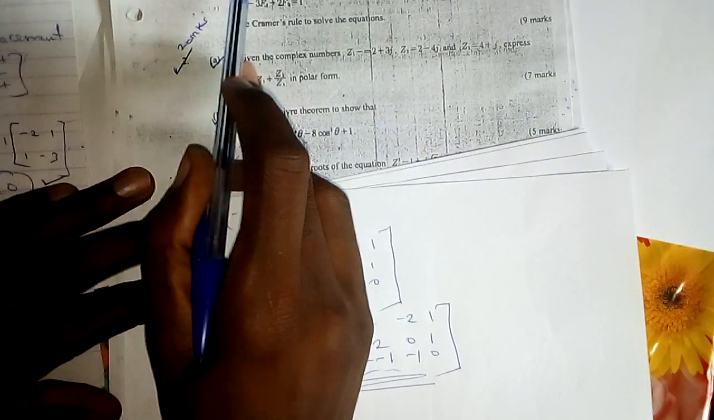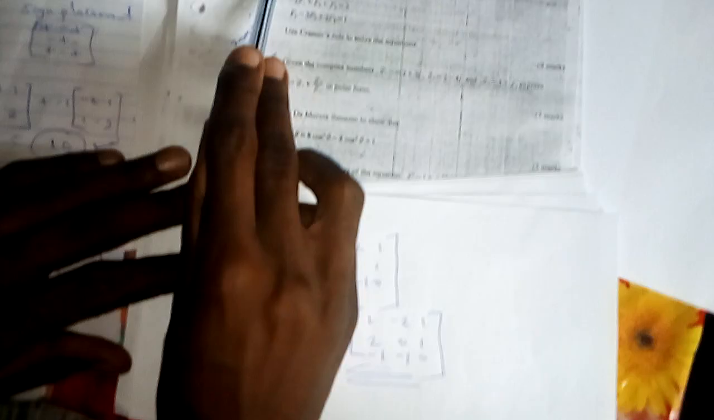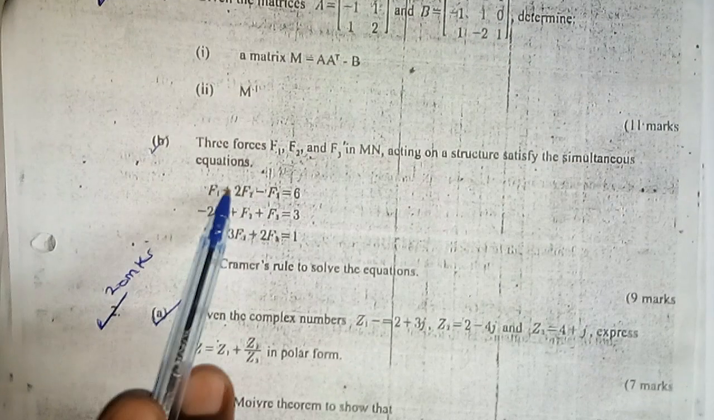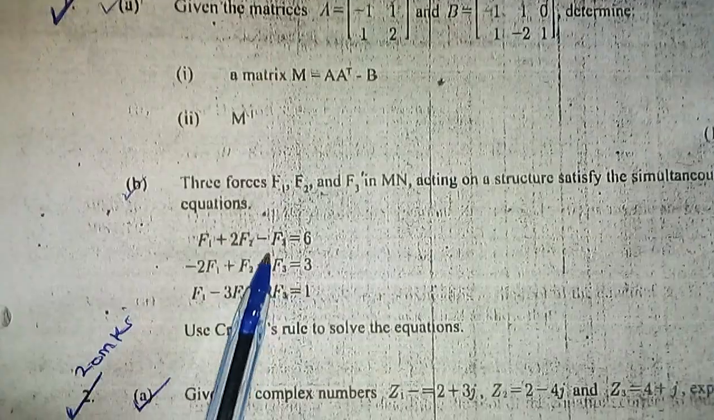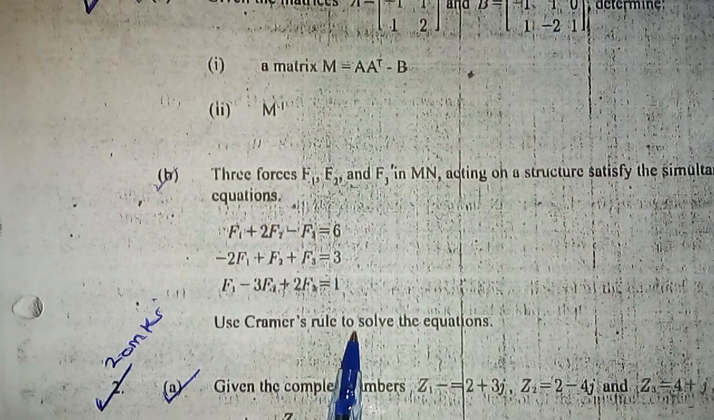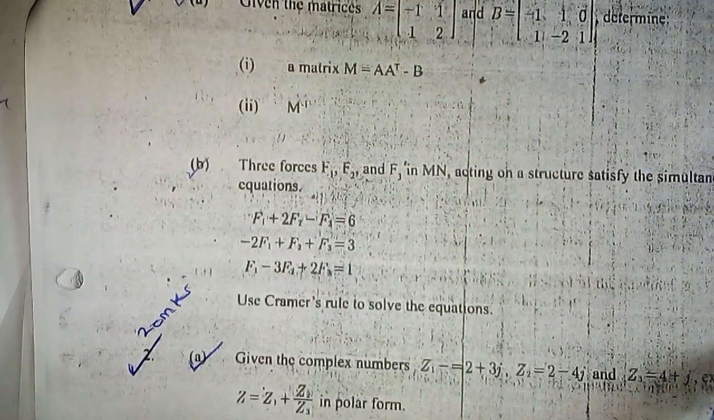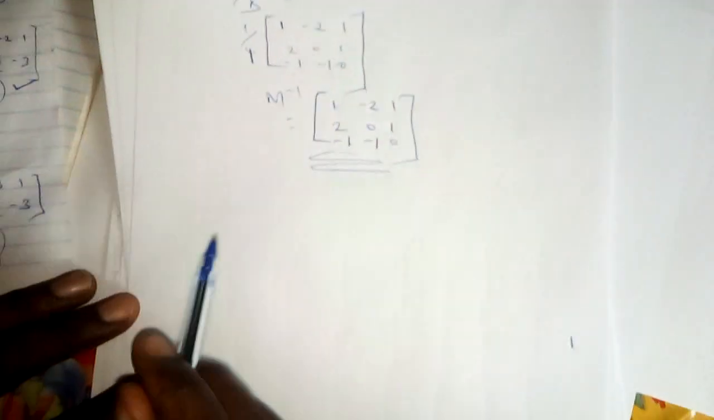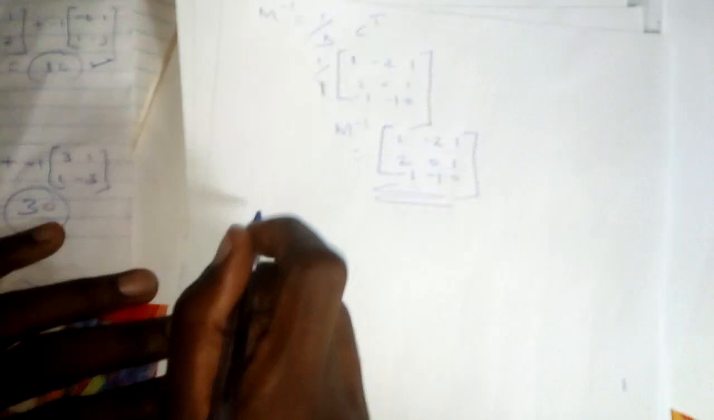For the second question, question number 2, part B. You apply the three equations of F1, F2, F3. You use Cramer's rule to solve the equations, and it is 9 marks. Let us apply the same. Given that